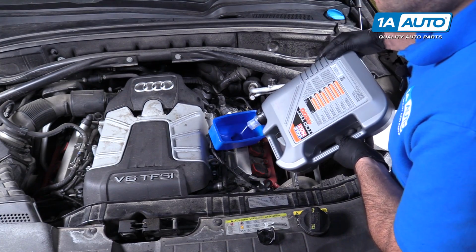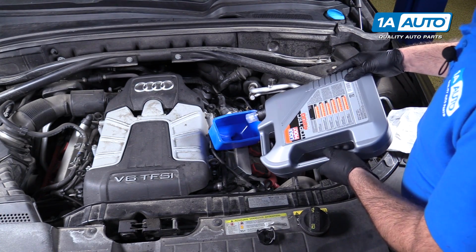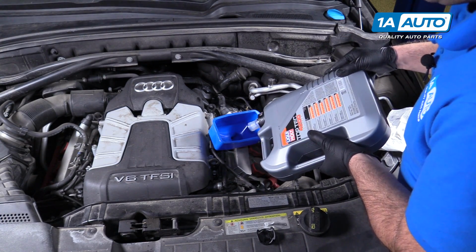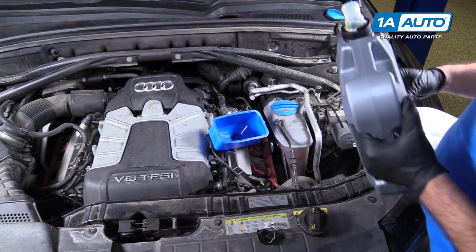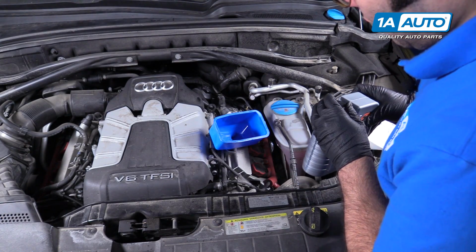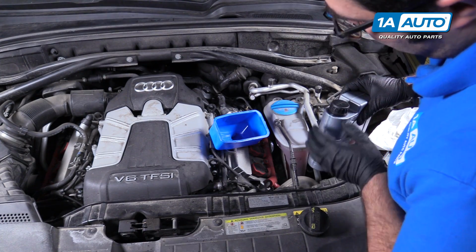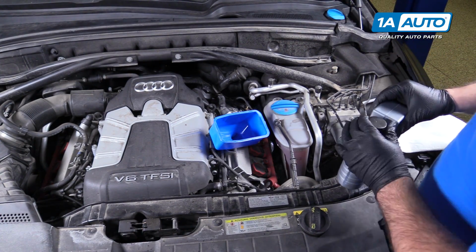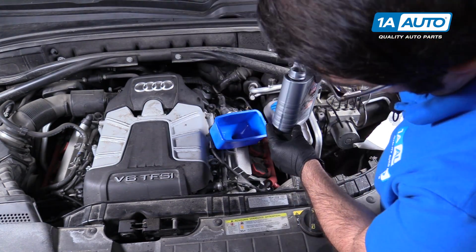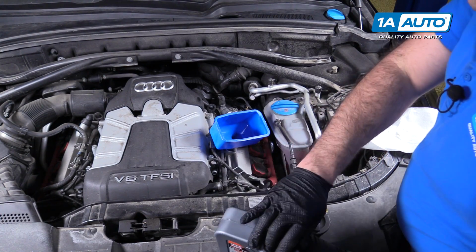I've emptied this 5-liter jug. Now I'm going to add 1.5 liters and then check it. So I'm just going to add about half of this liter. Perfect. Now I'll take the funnel out,